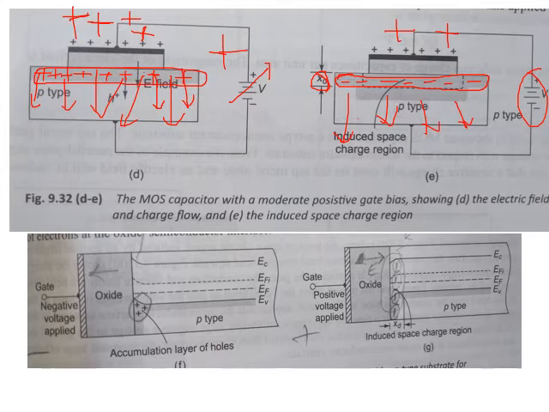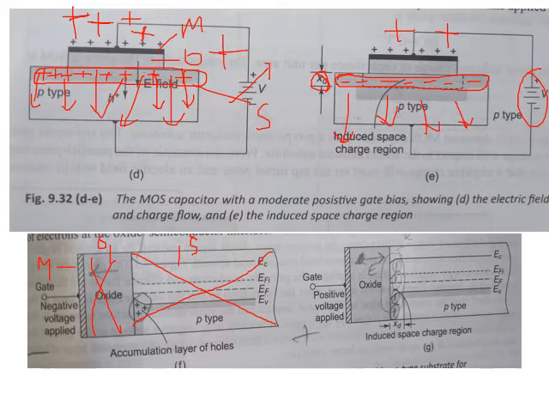So next we'll move towards the next diagram. Here we have tilted the diagram. This entire thing is the body or substrate. What is this? This is oxide. And what is this? This is metal. So here is M, here is O, here it is S. Earlier this was M, this was O, and this was S, correct? But now it has been rotated by 90 degrees.